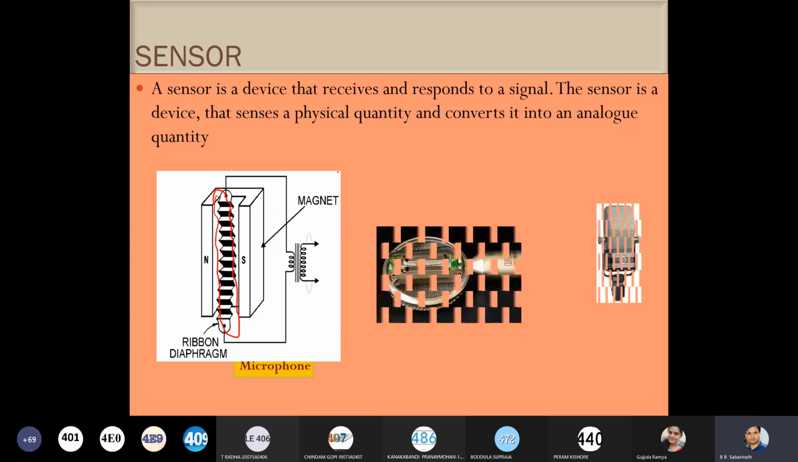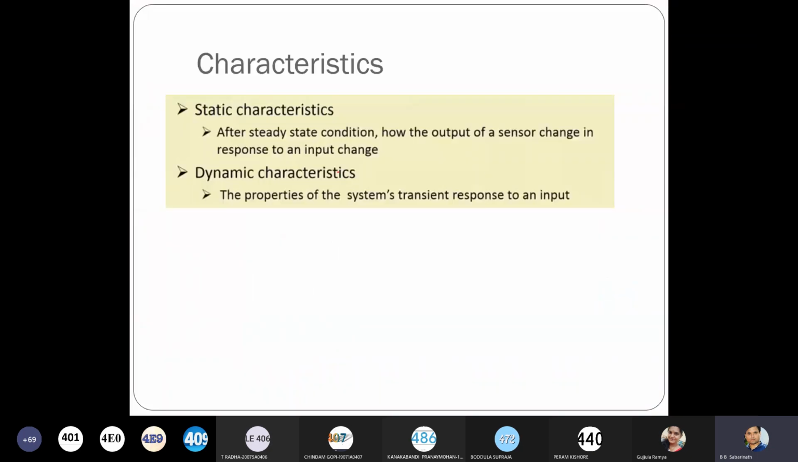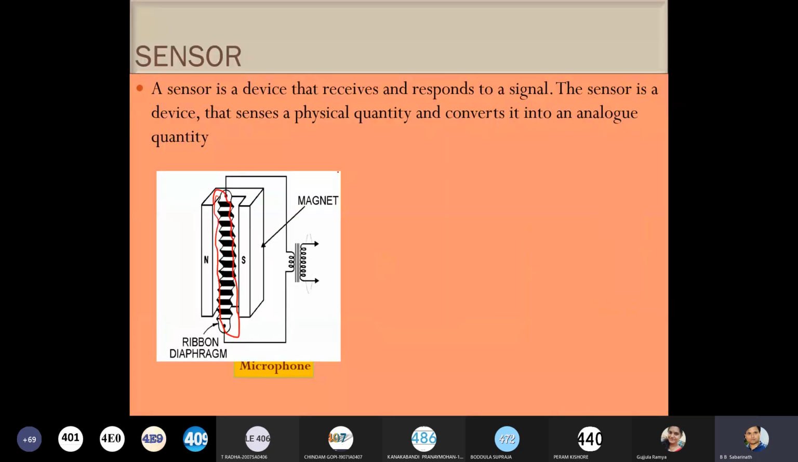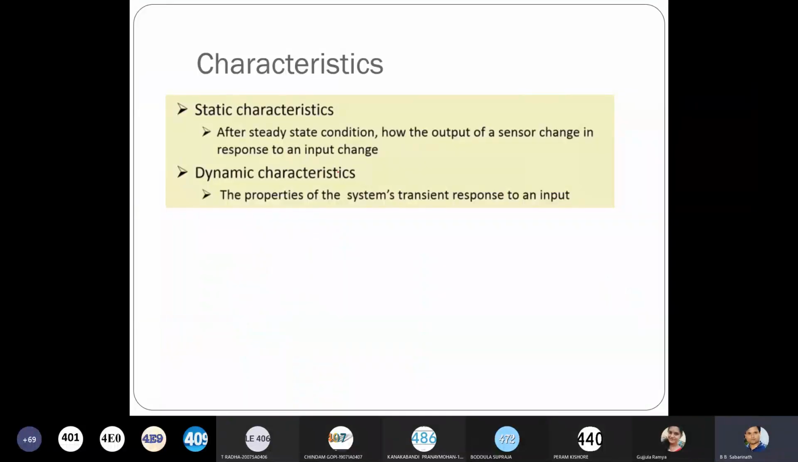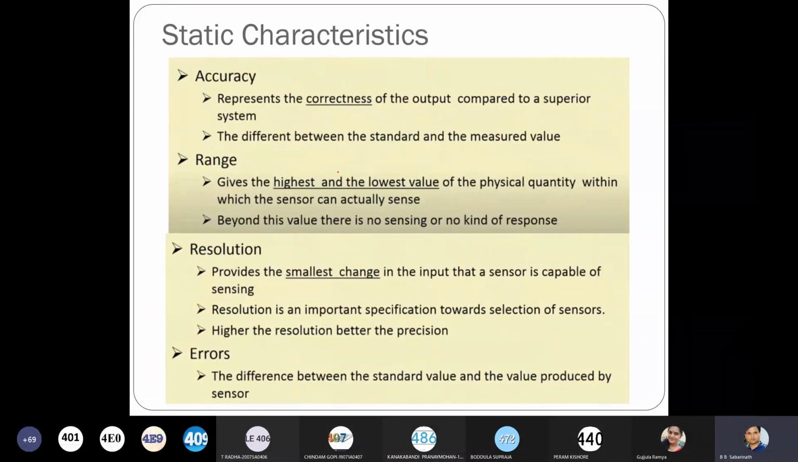Okay, so okay, Babu. So this is about the sensors. Okay, so